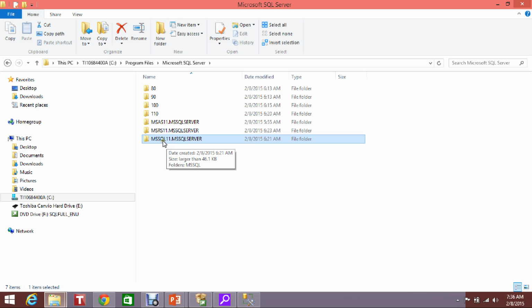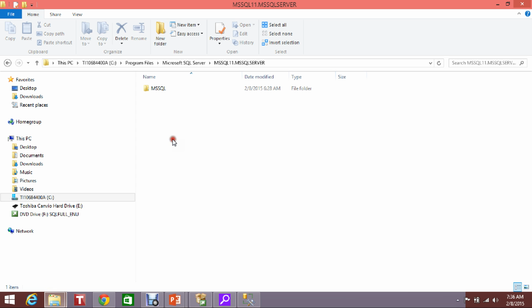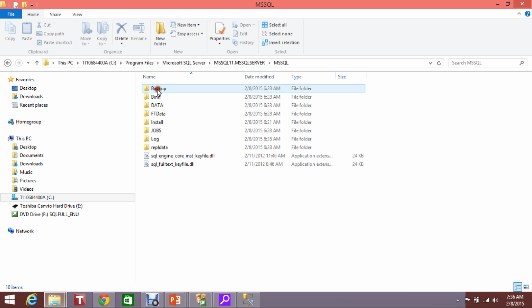So your Microsoft SQL 11, or it could be Microsoft SQL 12 .MSSQLSERVER, that is the folder that you are looking for. Once you click your MSSQL11.MSSQLSERVER folder, you come to MSSQL, and then you find the